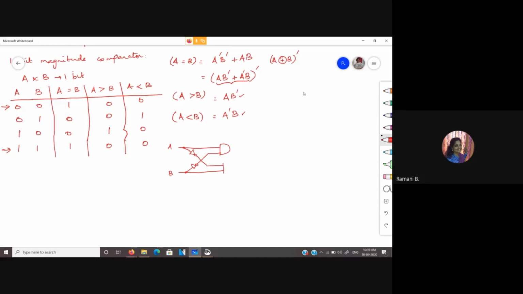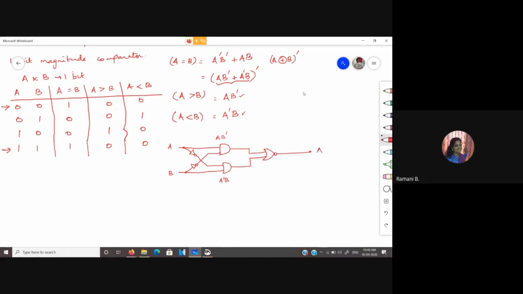Okay, so this is A B bar, and this AND gate is A bar B. And I implement this as, okay.